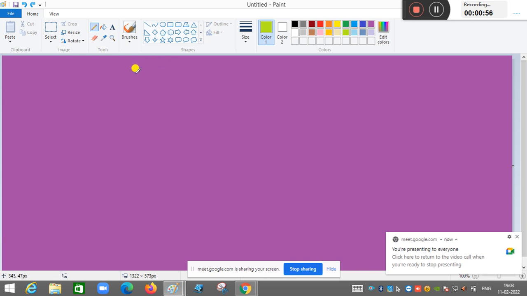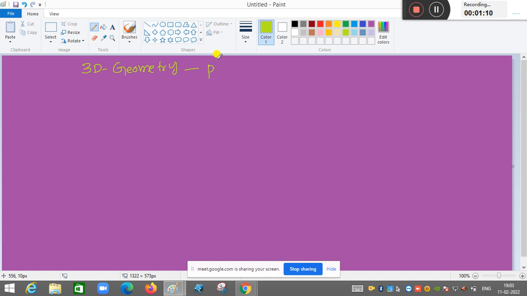Okay, right. So 3D geometry, plane, today. 3D geometry. Okay. So plane. Right. Plane. Now see the plane equation under different conditions. Number one condition is